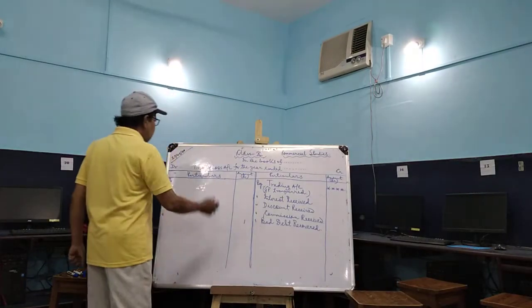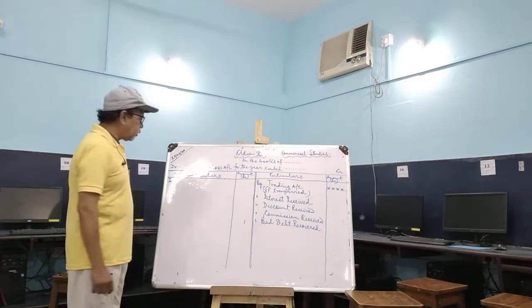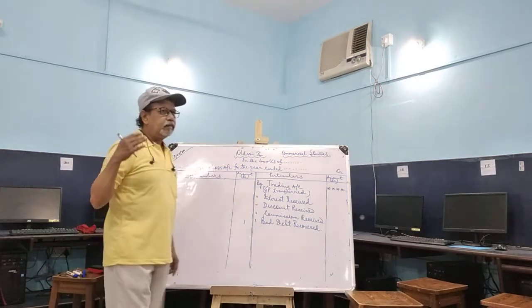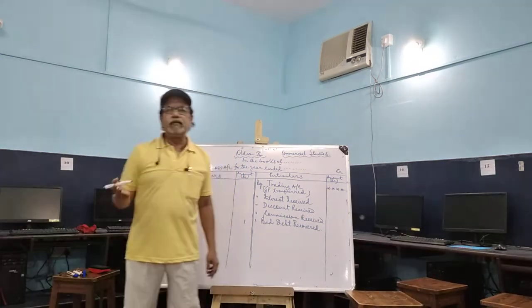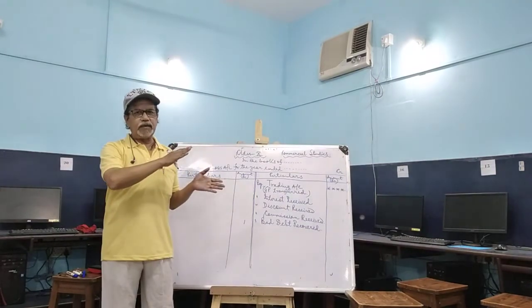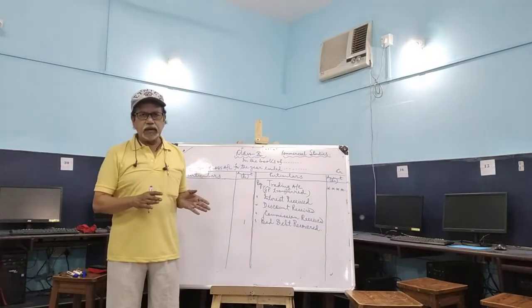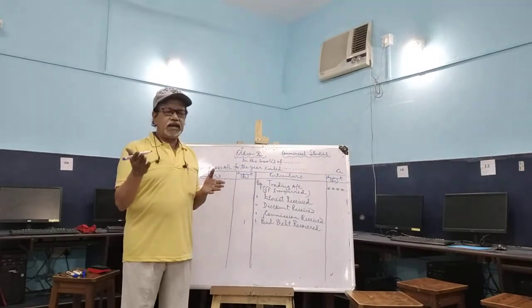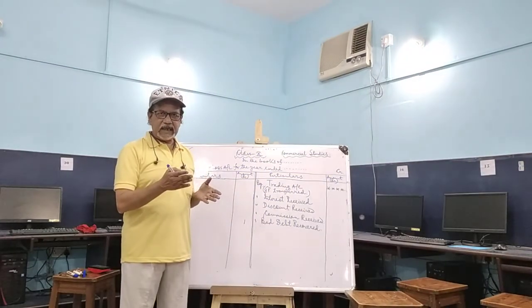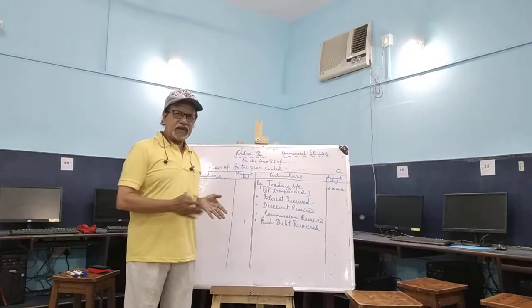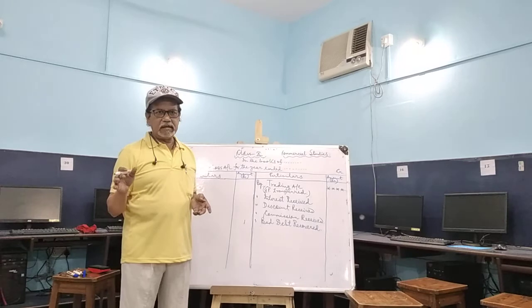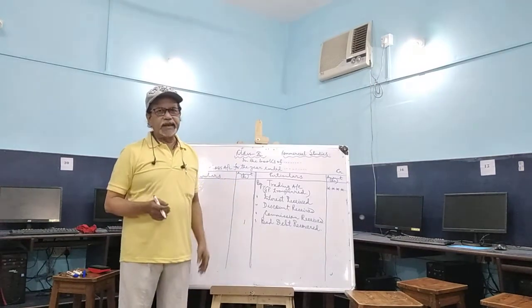Right? Now come on to the debit side of the account. This is the expenditure side. See, we have ascertained the gross profit of the business through the trading account. There we considered the amount of net sales for the year, net purchases for the year, and any expenditure relating to purchases. We considered that there and ascertained the gross profit.